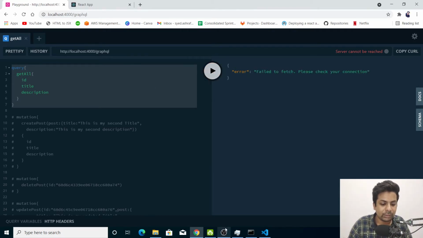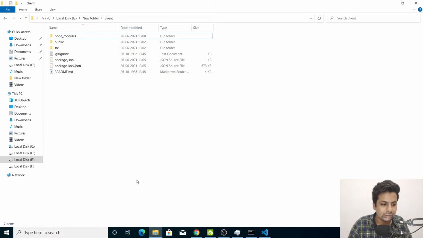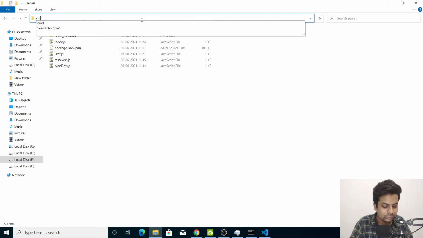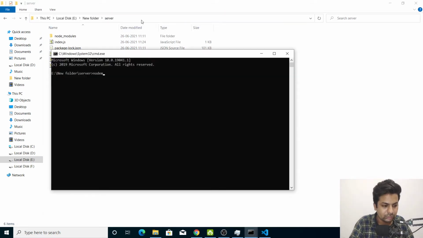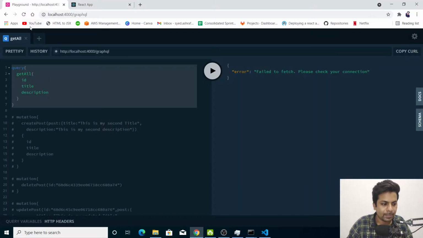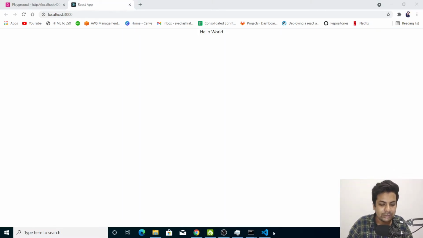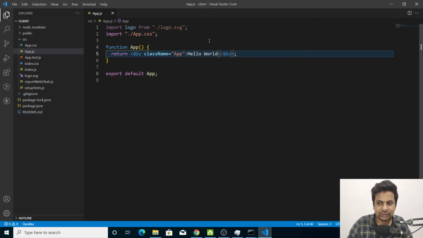Oh, my connection is down on the backend side. So let me just go to server and start the connection. Node index.js. Okay, server is up and running. So let me just check it. Okay, so this is the data I'm getting back. React app is running. So let's just start with the coding.